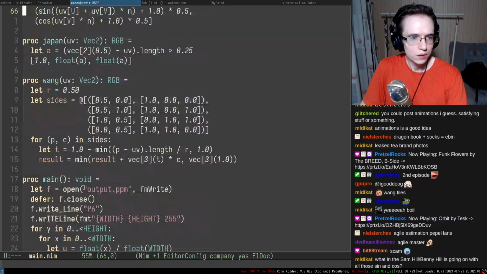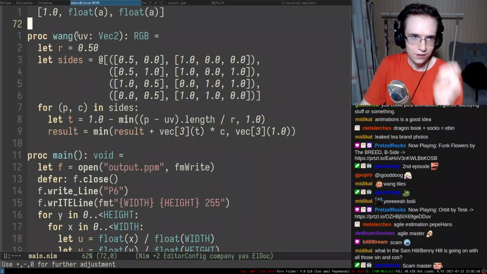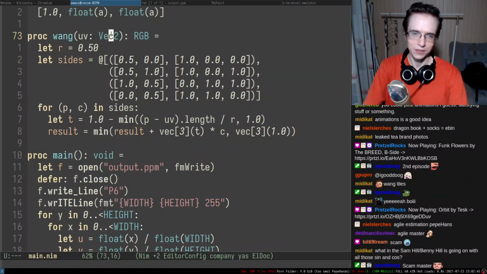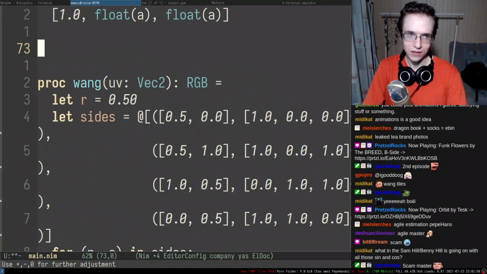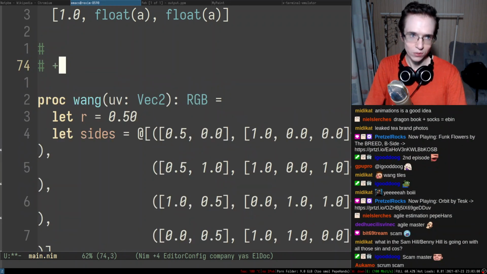So let me see. What I want to have in here is, on top of accepting UV, I also want to accept a mask that represents the sides, right? So essentially, we need to decide how we're going to represent the sides. So we have a quad, we have a tile, right? 1, 2, 3.